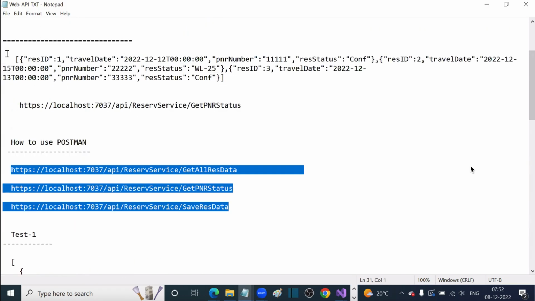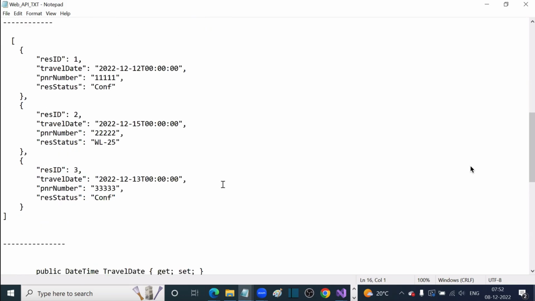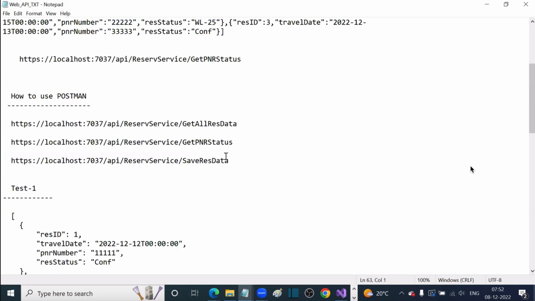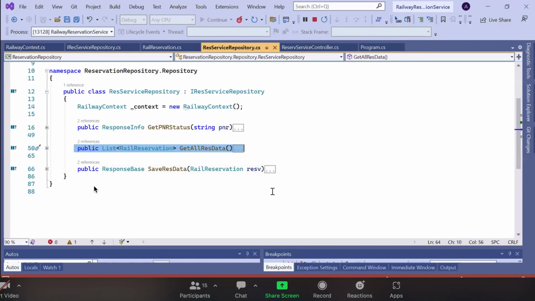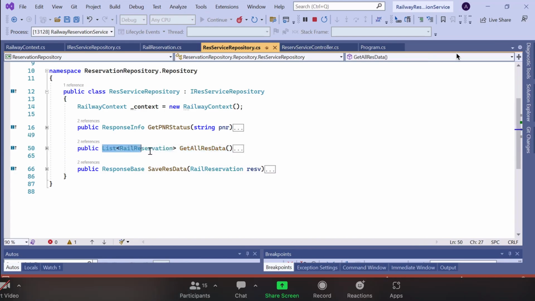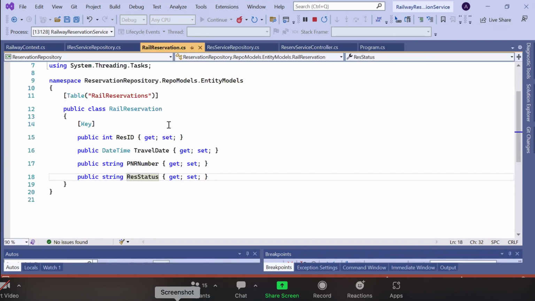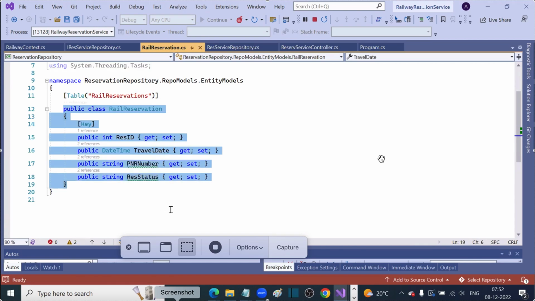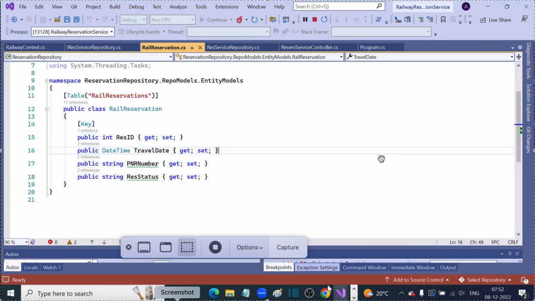Even what is the format of the data it will return, what are the parameters you will capture, everything they might have given, right? So assume that from the API document you came to know that this particular method which you are going to consume is returning a list of rail reservation, and that rail reservation has this format. So according to the same format you are going to prepare one